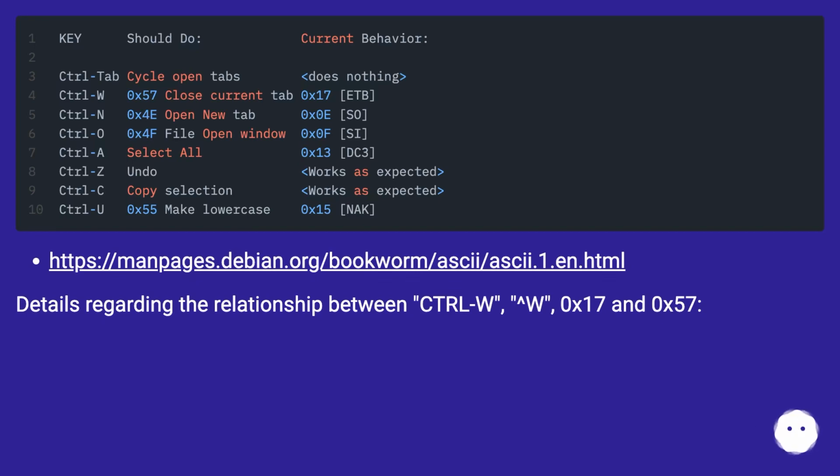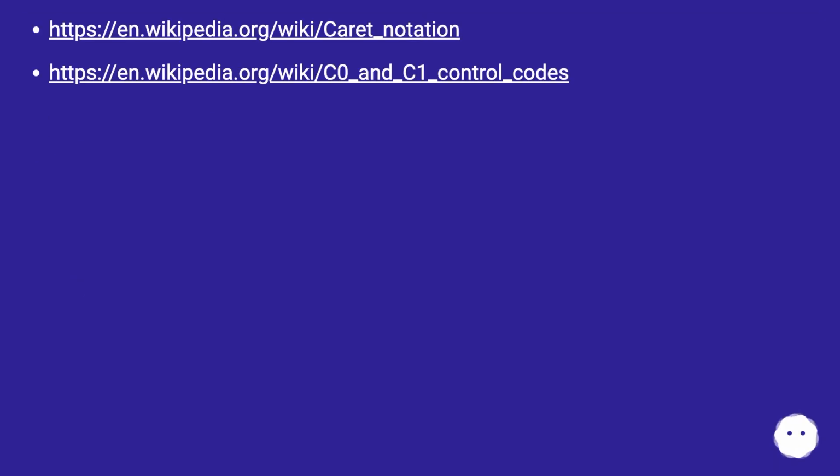This URL: details regarding the relationship between Ctrl-W, 0x17 and 0x57. This URL. This is where